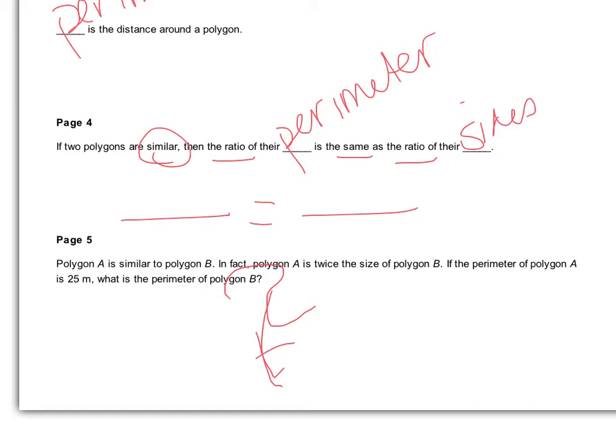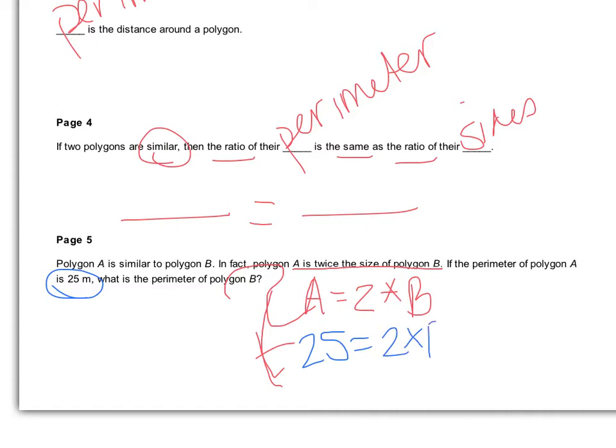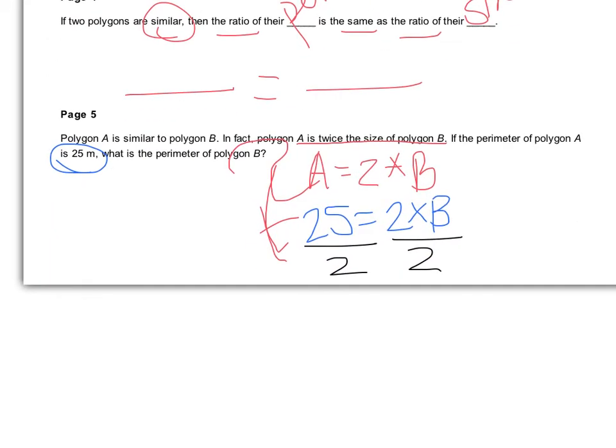Well, what that means is we can set up a proportion if we wanted to. Or, in this case, we can actually just multiply because we know that A is twice the size of B. That means A equals 2 times B. And it tells us that polygon A has a perimeter of 25. So that means that 25 equals 2 times B. And I can solve this for B by dividing both sides by 2. And I get that B equals